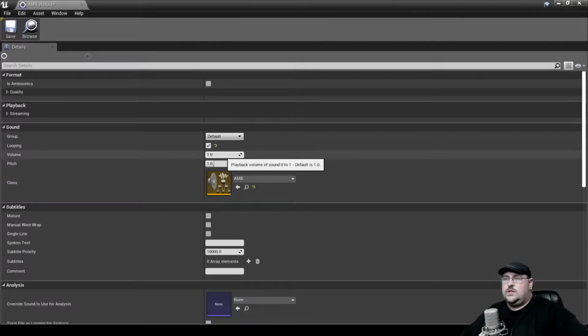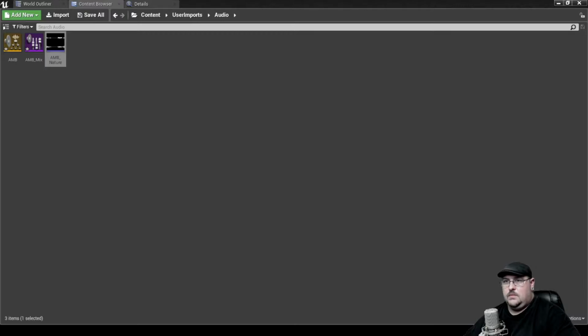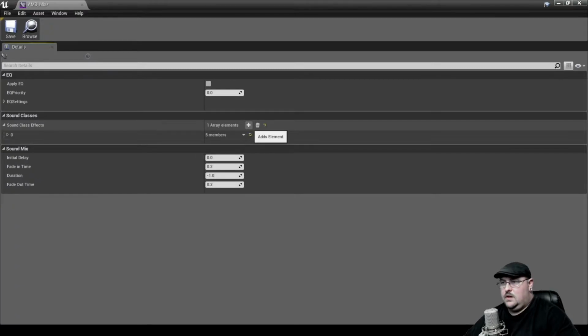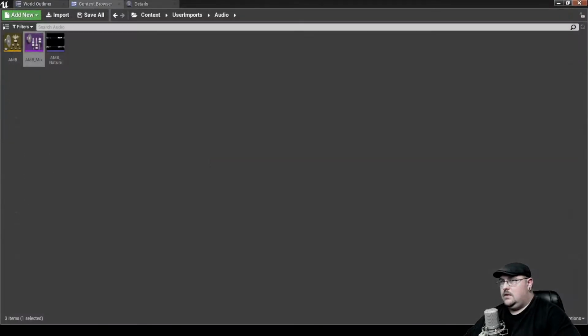And there's a way to do this with the timeline and things like that. I'm going to cheat, and I'm actually going to take this volume and put it down to 0.001. And I'm sure that's not the right way to do it, and you guys can yell at me in the comment section about that. So now I'm going to come in here to my sound mix, and what class are we affecting? We are affecting the ambient sound class, and since I set the sound class to 0.001, I'm going to make this 1000. Go ahead and save that, close it,